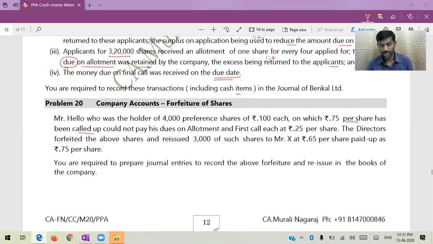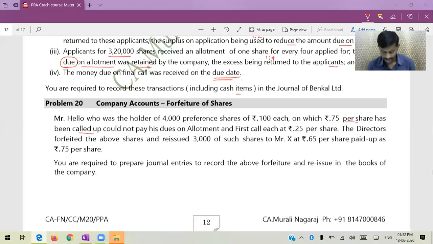Even if it's a called up due entry, I will pass. Share application, share final call, share call entry: due entry, thereafter payment entry. What's the due entry? Share call to share capital. Correct. So whether he pays or not, first I will credit to capital account. That's what we call called up. So to that extent, you would have credited to share capital. When a default arises, it is only at the time of receipt. So he has not paid.